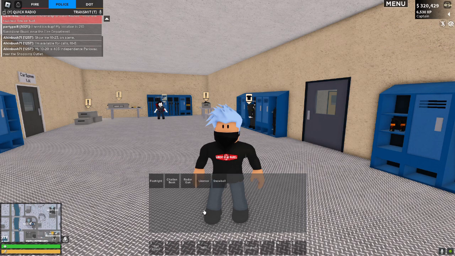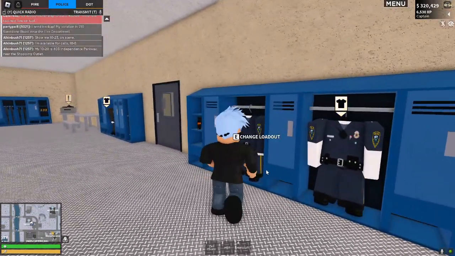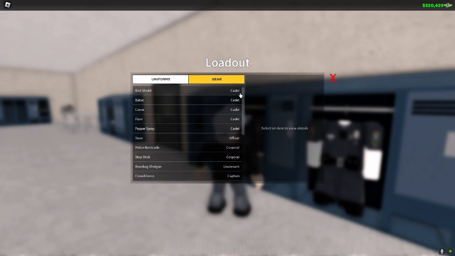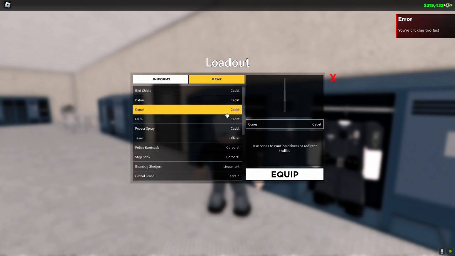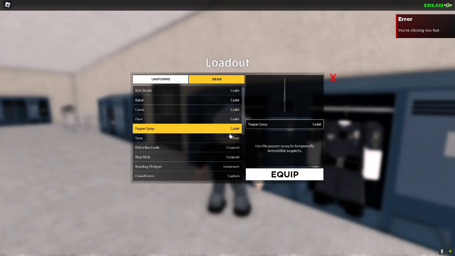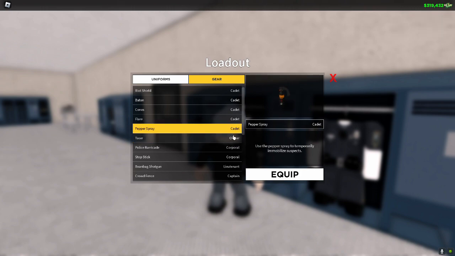Okay, so basically, I just spawned in. I'm just organizing my inventory. But yes, I am on the police team. So once you start, I don't really use outfits, but you'll only have all of these. So you'll have pepper spray, riot shield, batons, cones, flare, and taser. Wait, no, you actually won't have taser. Taser is really, really good. But unfortunately, you guys won't have taser. So I would use pepper spray